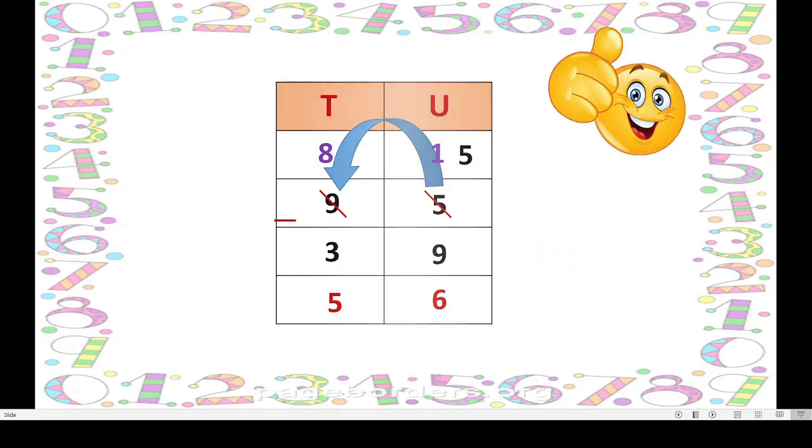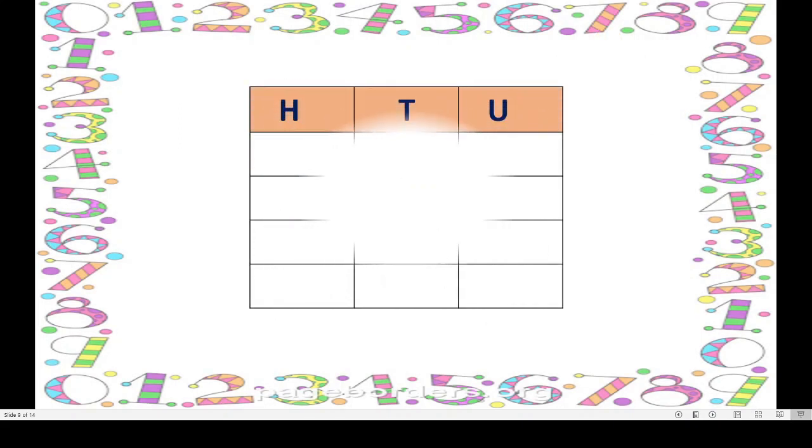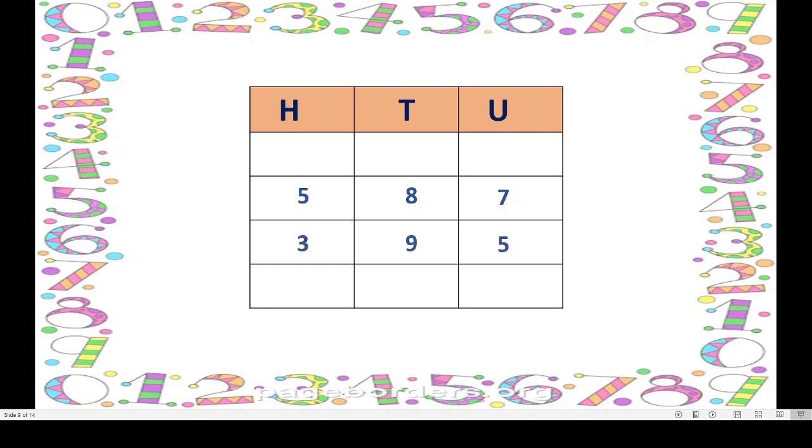Now dear children, we will move to the next sum, that is untying the hundreds. What do we call this? Untying the hundreds, because we are going to take a 3-digit number. Please see these numbers. Okay. 587 minus 395.